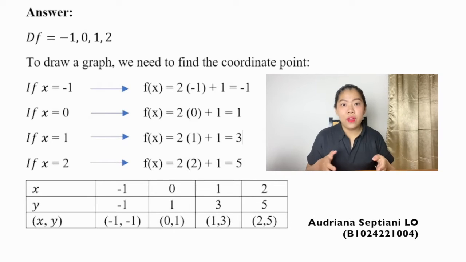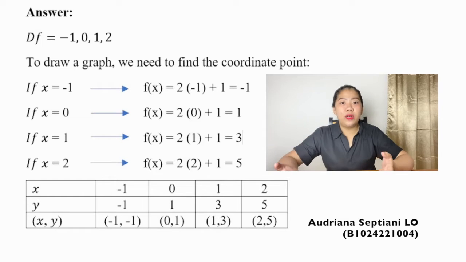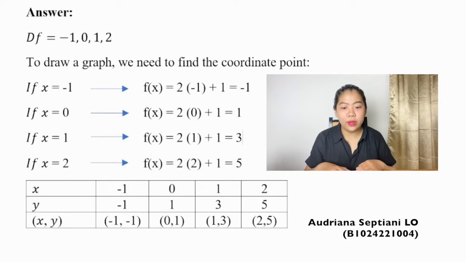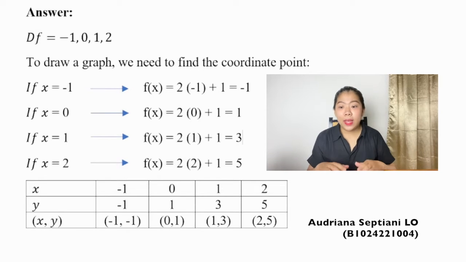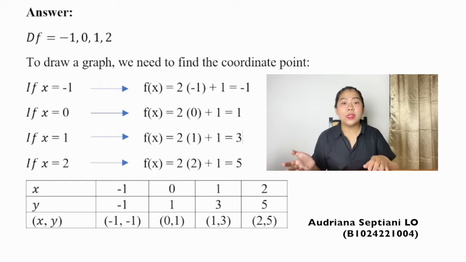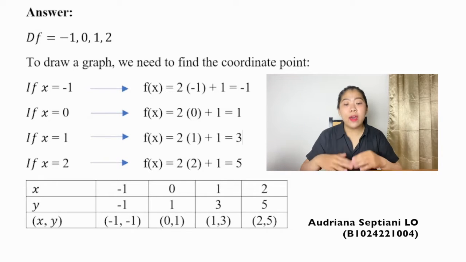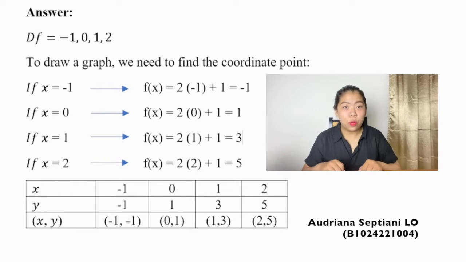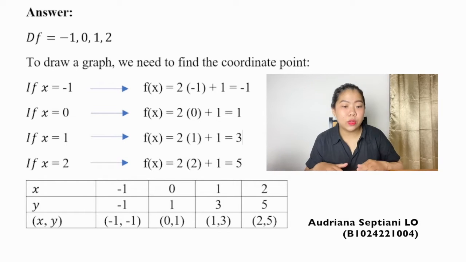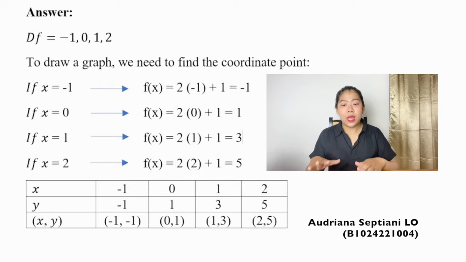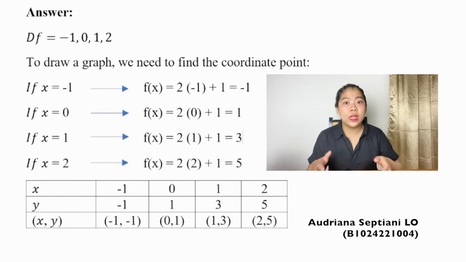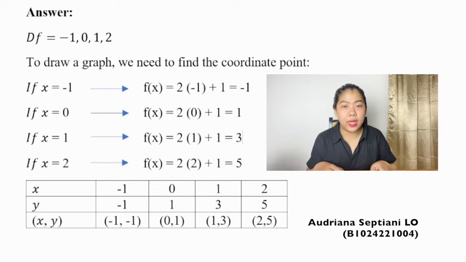To draw a graph, first we need to find the coordinate points. To find the coordinate points, we need to substitute the domain into the formula. If x equal to minus 1, it means f(x) equal 2 times minus 1 plus 1. It is minus 1. Second, if x is 0, it means f(x) equal 2 times 0 plus 1 equal to